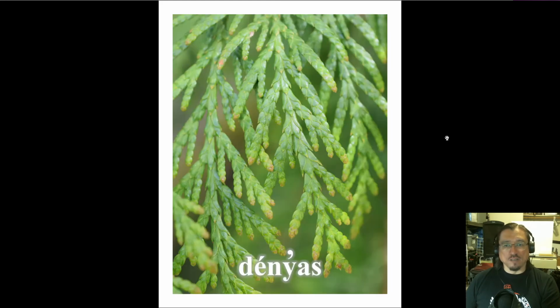And this last one is dunyas. So again, we have as at the end, consonant, apostrophe on top. So that tells us it's the red cedar tree. It's the plant itself. So there are other words that have to do with red cedar that people have probably heard a lot. So if you take away this Y, then you get dunas. That refers to cedar bark that has been cut into strips. So dunas is red cedar strips. Dunyas is the whole tree, the entire tree.